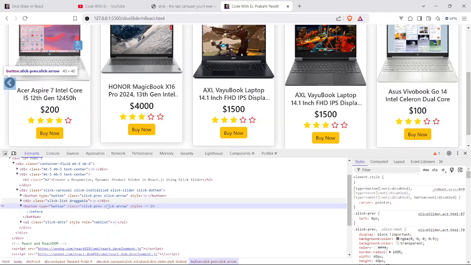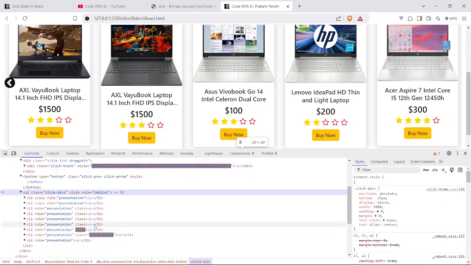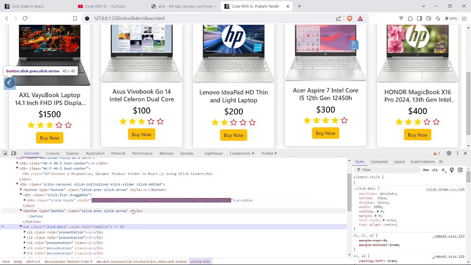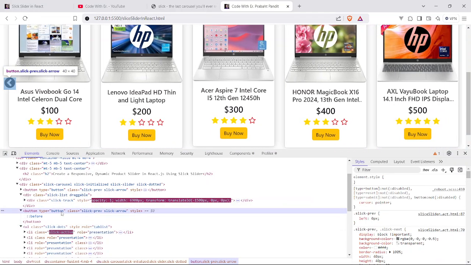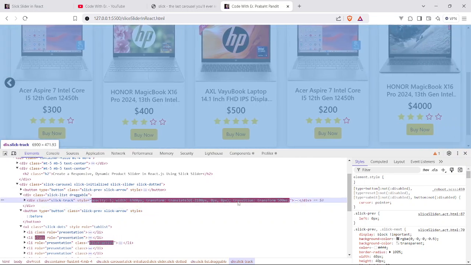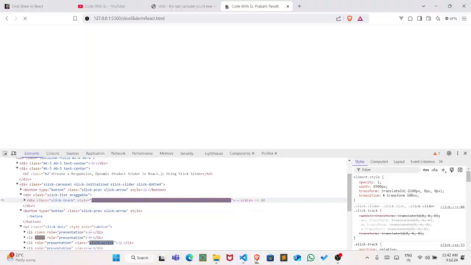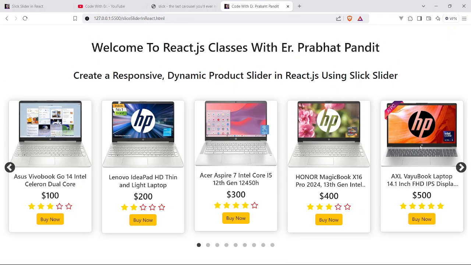Okay, you can see the dots are here. So the previous arrow is here, but I don't know where the right arrow is. So let me just find the next arrow. Okay, we have to give here, guys, slick. Okay, slick next. Okay, so slick next class. Save your code, go to the browser, and see, boom guys, now you can see here